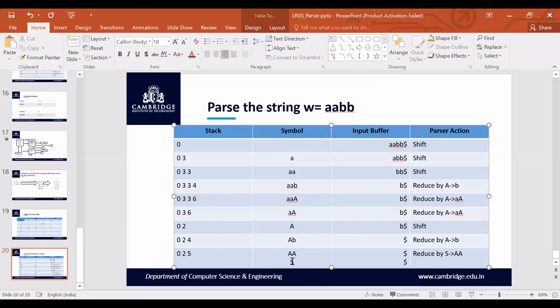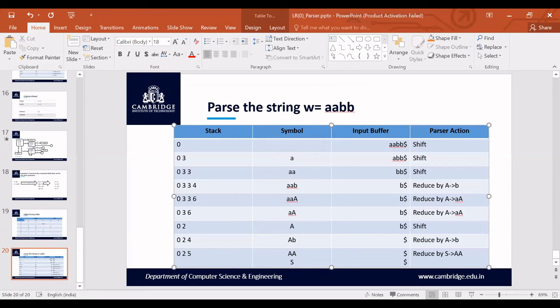How many symbols have I reduced? I have reduced 2 symbols, that is variables A A to variable S. So how many states am I supposed to pop out of the stack? I am supposed to pop out 2 states from the stack top. So 5 will be popped out first and then 2 will be popped out,